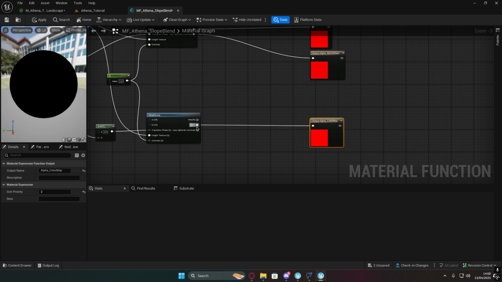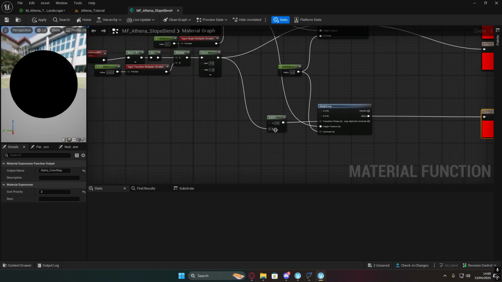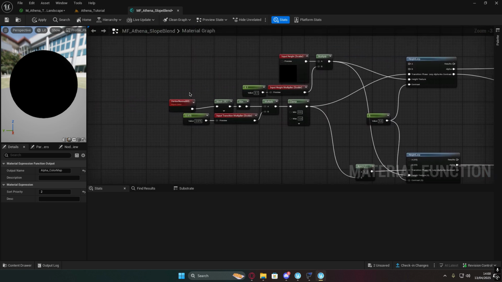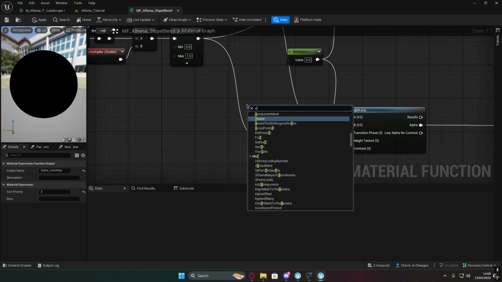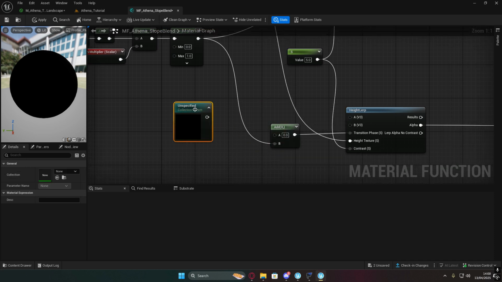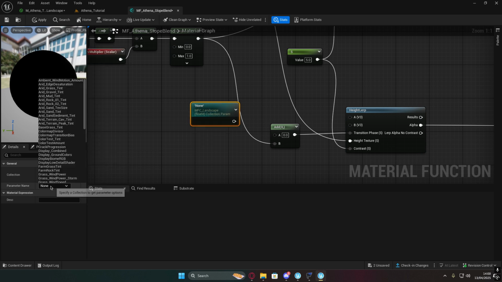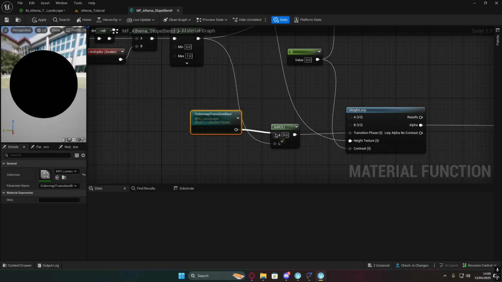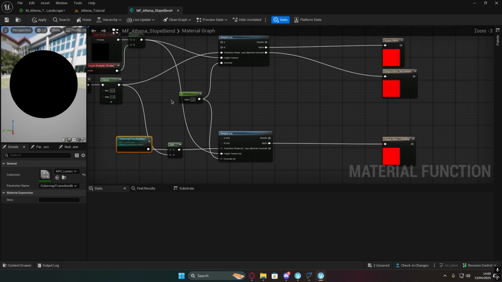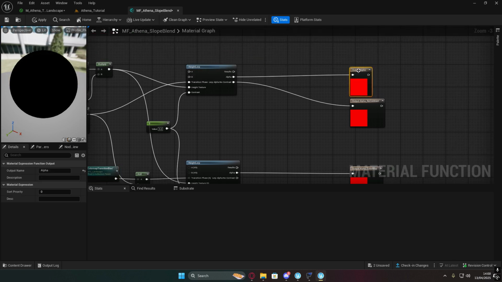Alright, now I'm back with you. I'm just going to plug the alpha into the color map here. So we've got back to where our add was, we've got everything else here. So we're going to search for a collection parameter here. I'm going to come in and select the MPC landscape and search in here. I'll look for the, where is it, color map transition bias here, and plug that in here. And that is our